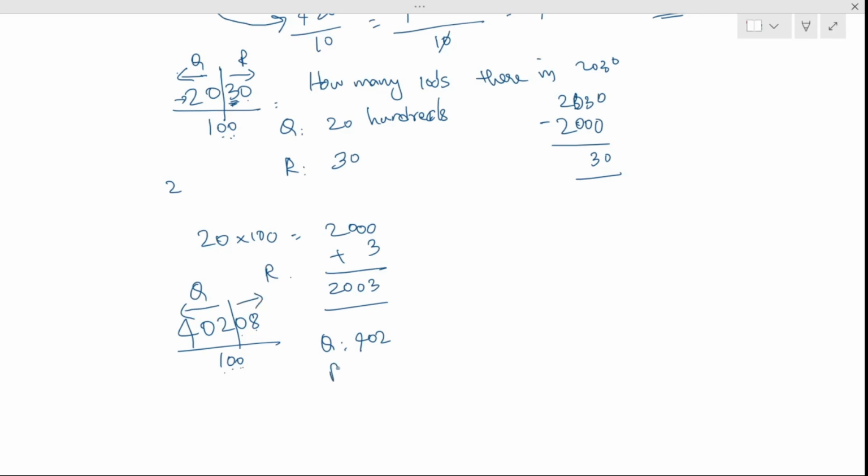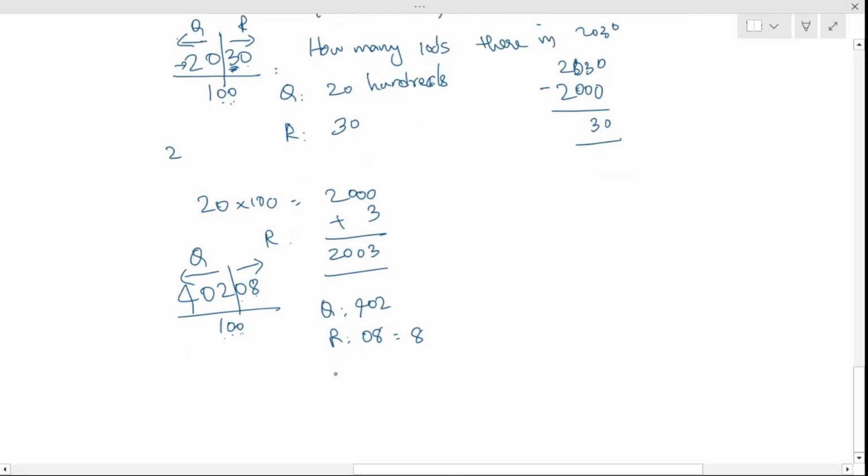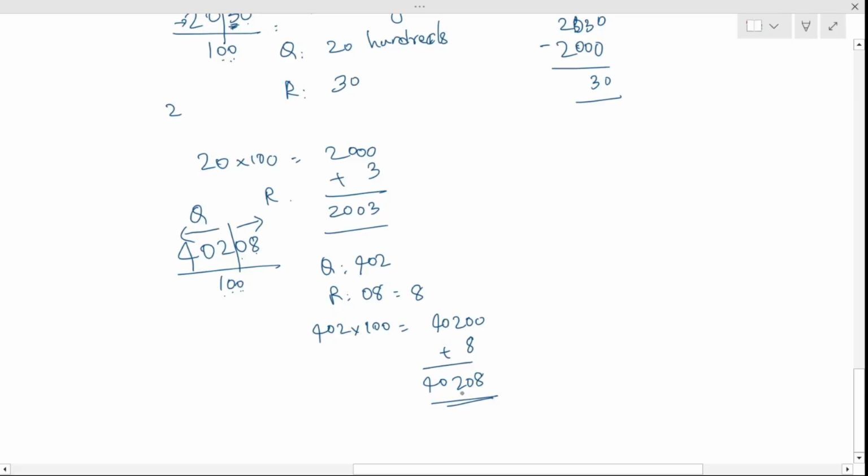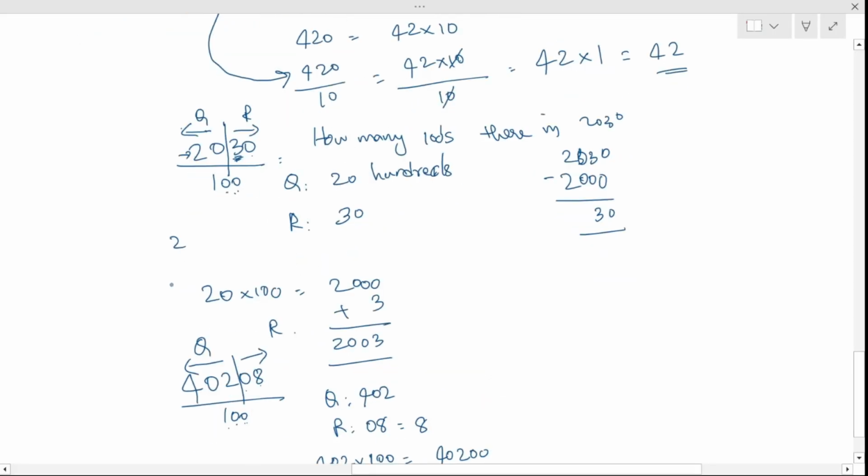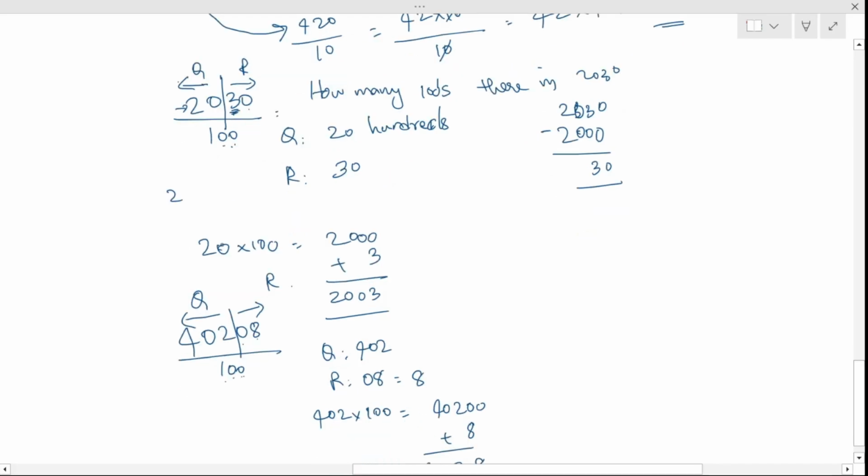So in this case, did I ask 80? And then they clearly told me it's not 80, it is 08, ma'am, which is 8. And how do you verify? Ma'am, I can verify by multiplying the quotient by the divisor, which is 100 in this case. So I get 40200, and then add the remainder. So here I get 40208. So by making children ask questions and try out different numbers, they come up with strategies for finding the answer with some interesting observations. In this case, they were able to understand how to divide by multiple powers of tens.